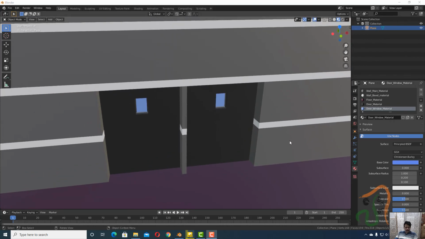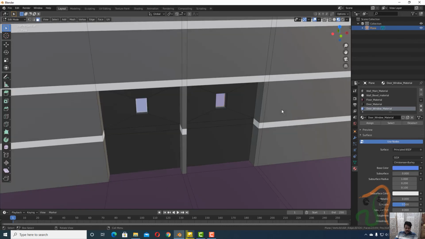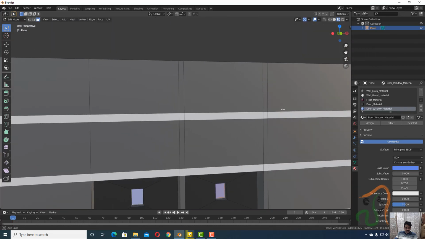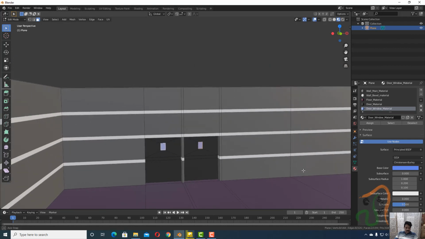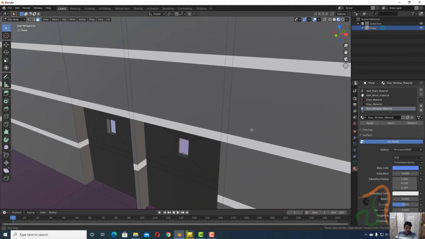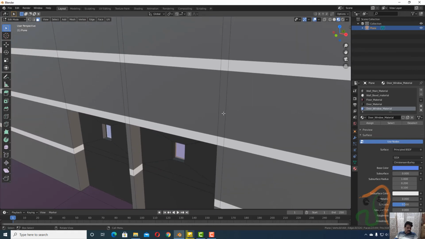Okay, now here what we shall now do is, I want to create double doors here, that is two doors here and another two doors here. So to create that, instead of recreating here, what we shall do is select this object, press Tab, and in edit mode now you have this face here. We shall select this face which we created here. So this was the face created.